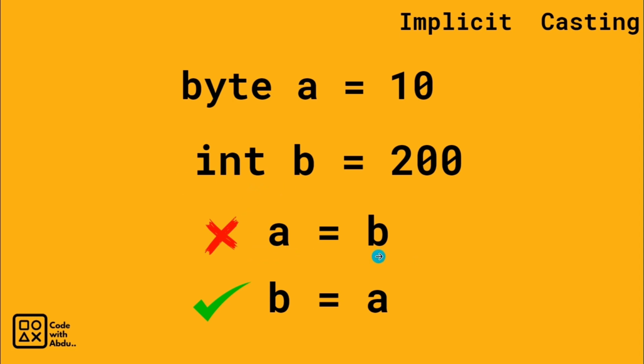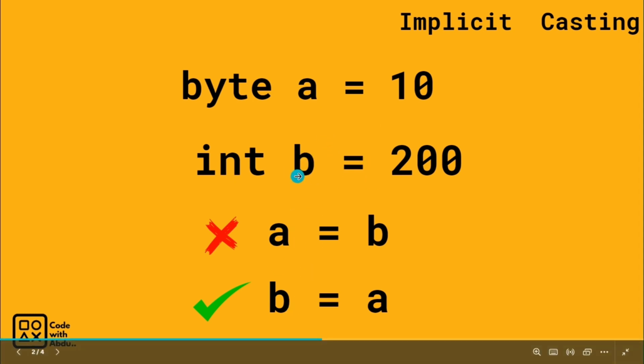What you are doing is putting a big basket into the small basket. You're putting a big basket into the small basket, so it will give you an error, because the big basket cannot fit into the small basket. Okay,